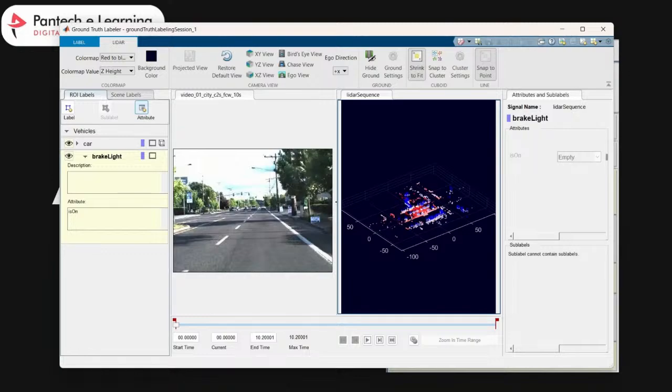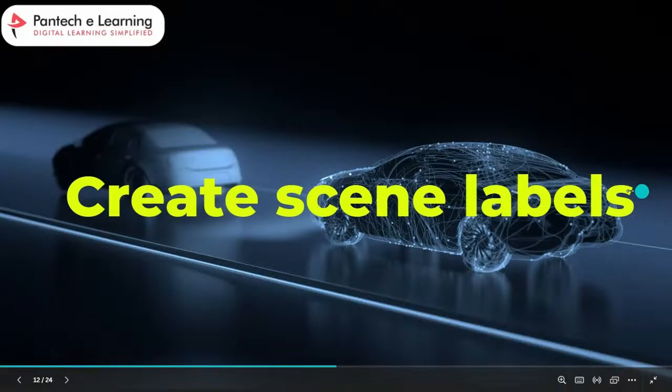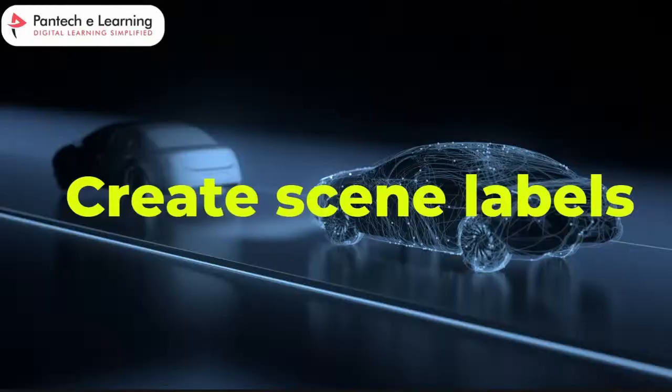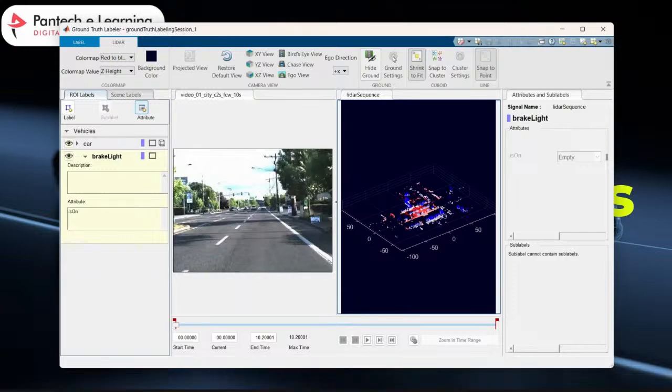Now we want to create the scene labels. So for that again I am going to the slide. Now we are going to create the scene labels. So what is a scene label? A scene label provides extra information about the overall conditions or events in a scene. It's like describing the lighting, the weather, or lane changes happening across all the signals. Now we are going to create a scene label for the signal frames. So for that, I am going to open the